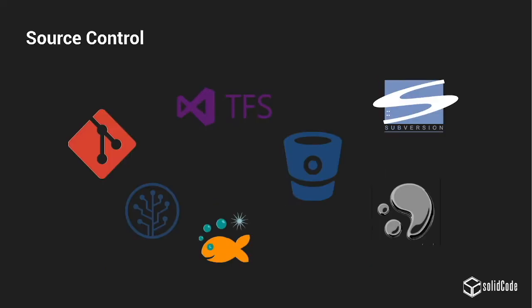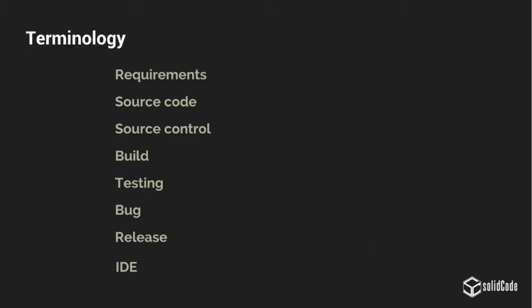And finally, these are examples of source control systems, sometimes also called version control. And this is where developers would save their code, and this is where we can go back and get it if we lose it from our computer, and compare the different versions to see what has changed and why something doesn't work. So let's summarize what we learned today.